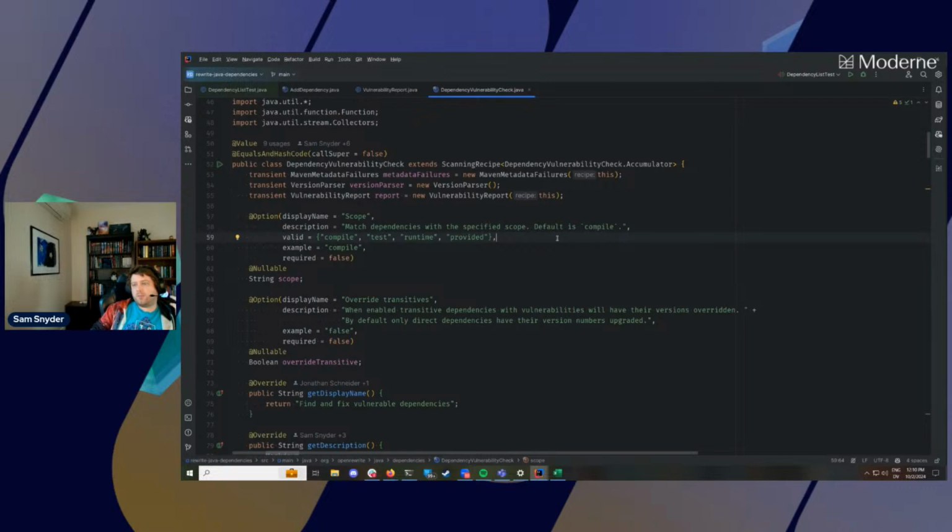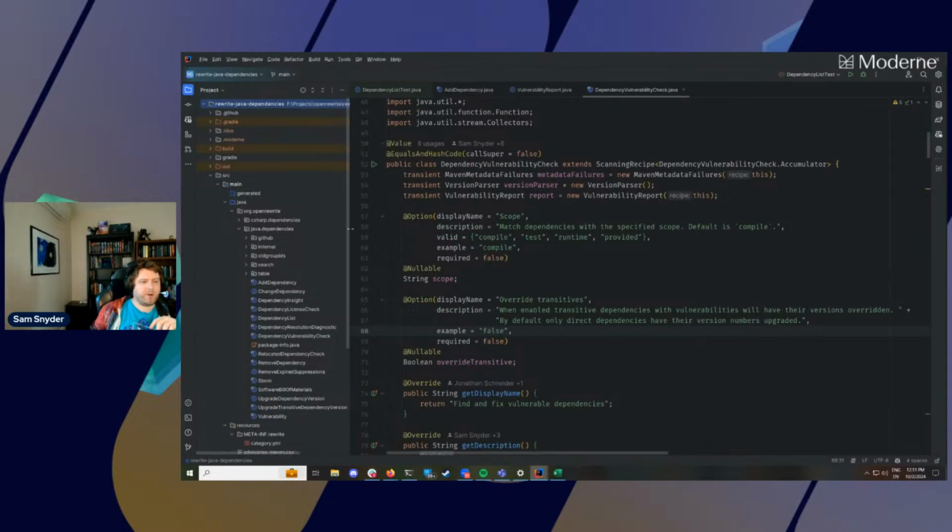For example, some of Moderne's customers don't want to use the GitHub Security Advisory database. They pay money for some other security scanning solution, WhiteSource or something. So they would like to use their security data source rather than the GitHub Security Advisory database, so that the results they get back exactly match what their other reports are telling them, so there's no confusion and no need to explain to other teams or to management why you don't have exactly the same results.